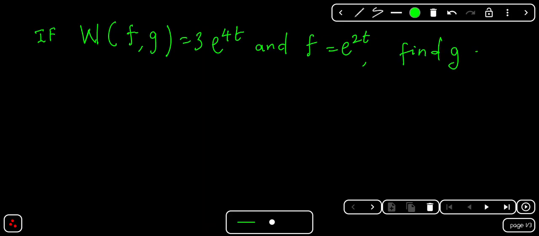So in today's video, we'll be solving this beautiful question. If the Wronskian of f comma g is equal to 3 multiplied by e raised to the power of 4t, and f is equal to e raised to the power of 2t,